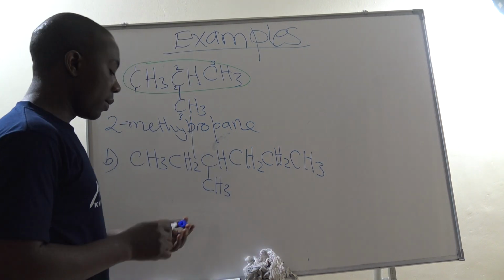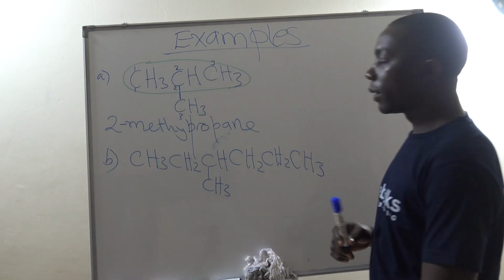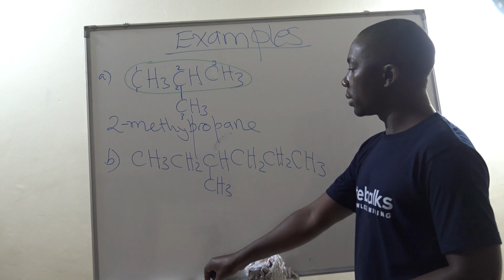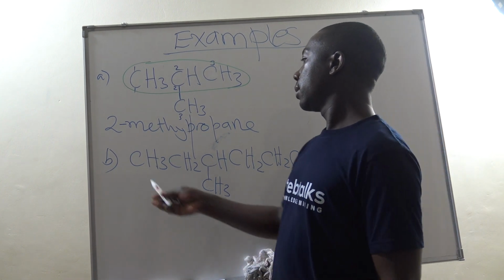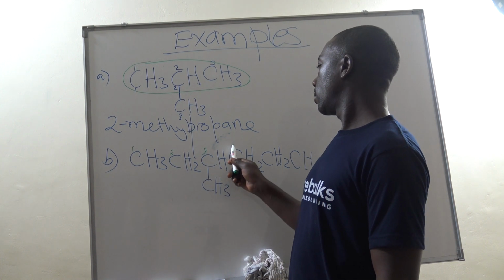That can be our example 2. So like I said, we first of all identify the longest continuous chain. We can do that by looking at, this is carbon 1, carbon 2, 3, 4,